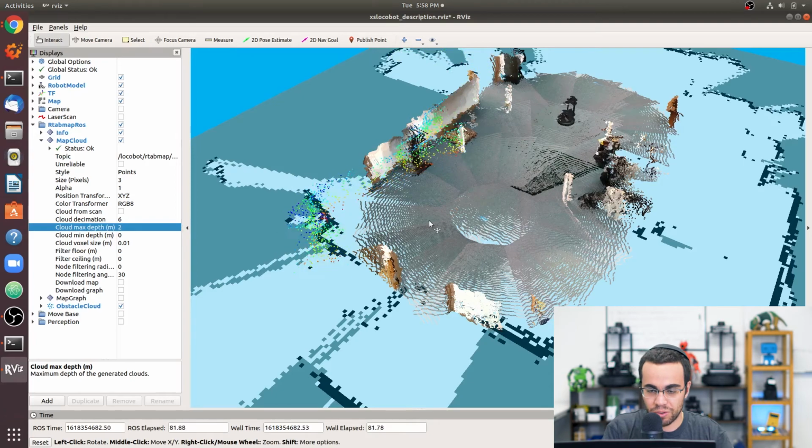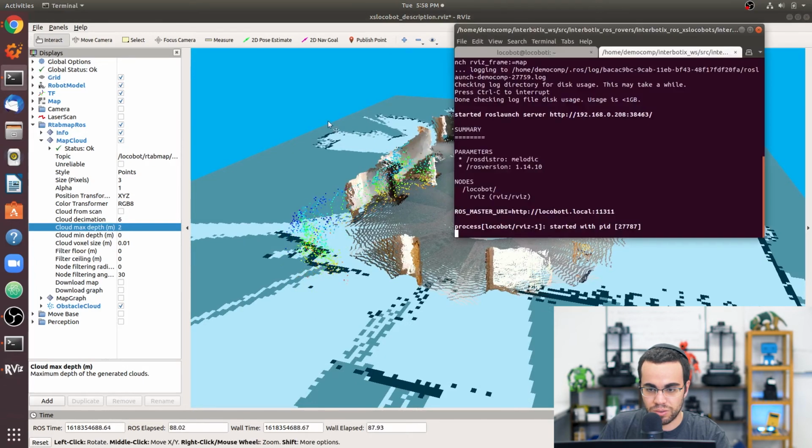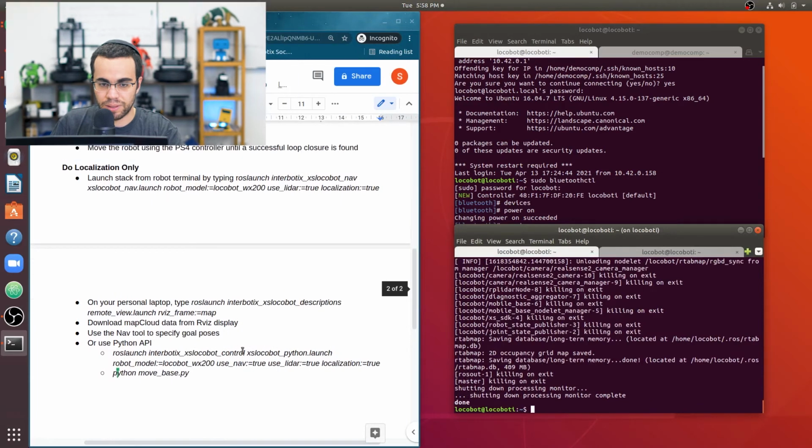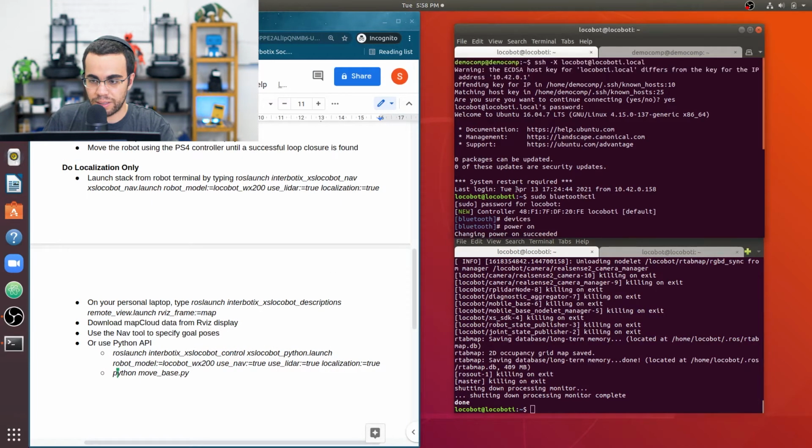Okay, so that's how you continue mapping using an existing map. So let's Control-C out from that. All right, the next thing I wanted to point out is